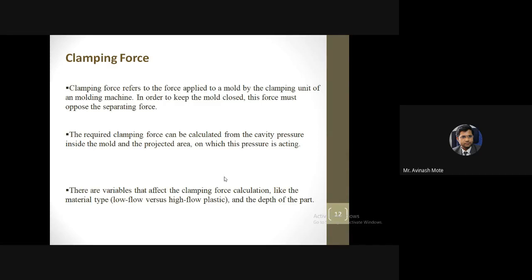through the plunger. In that case, clamping force will be less. So even the range of temperature has an effect on the clamping force, not to that much level, but it will have an effect. Getting it? Now, these are the major parameters. There are small parameters which we are not going to consider, but they will have an effect.